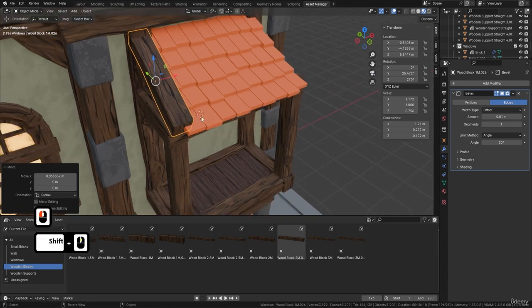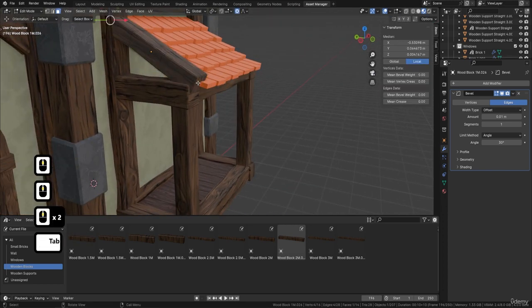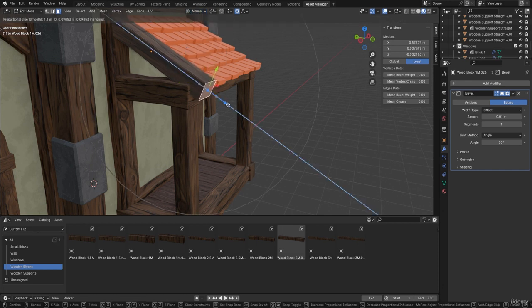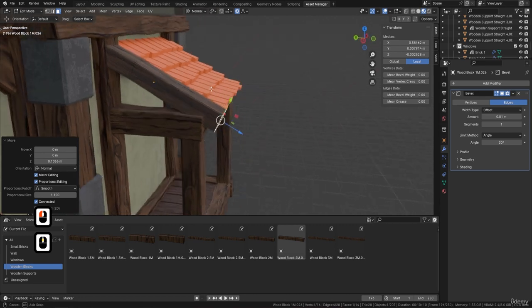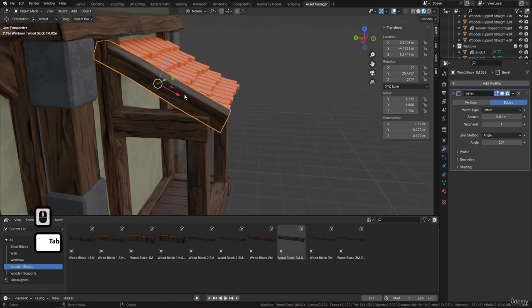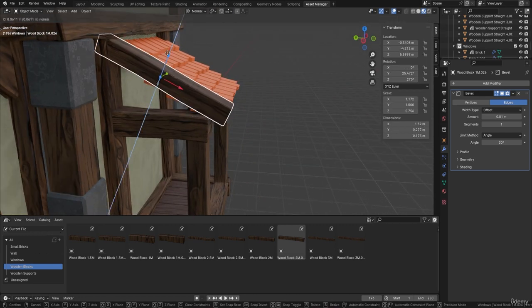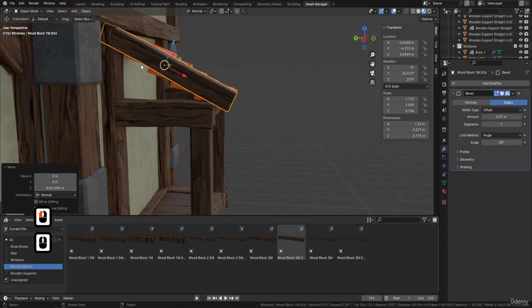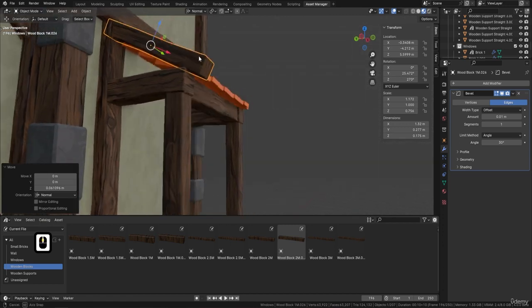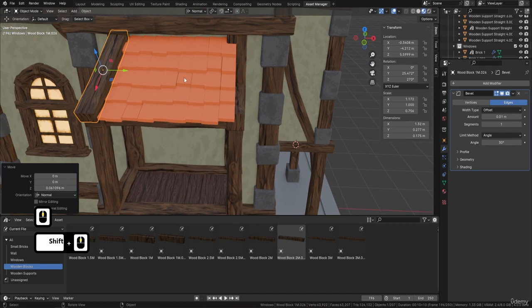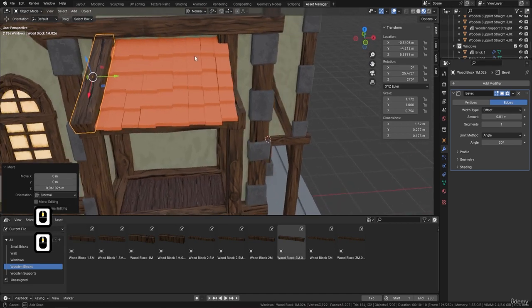So I'm just going to slot in there. And then all I'm going to do is grab the end of it, and I'm going to put this onto normal, and then pull it out with proportional editing on. And now you can see that I just need to lift this up a little bit. So I'm just going to pull it up just so it's sliding right on the end of there. The actual wall is going to cover here, so that's no problem. And then what I want to do now is squish this in once I've got this in